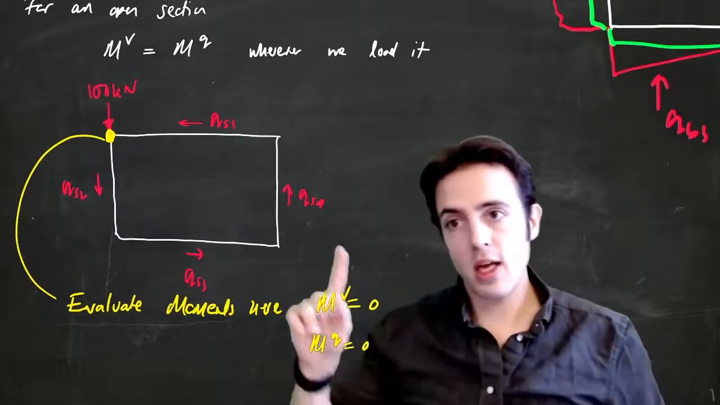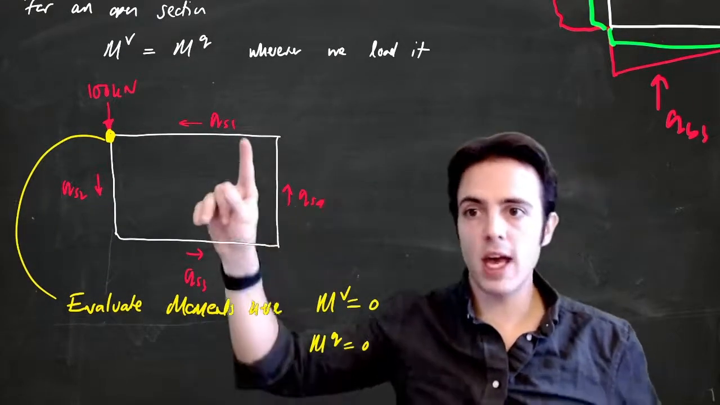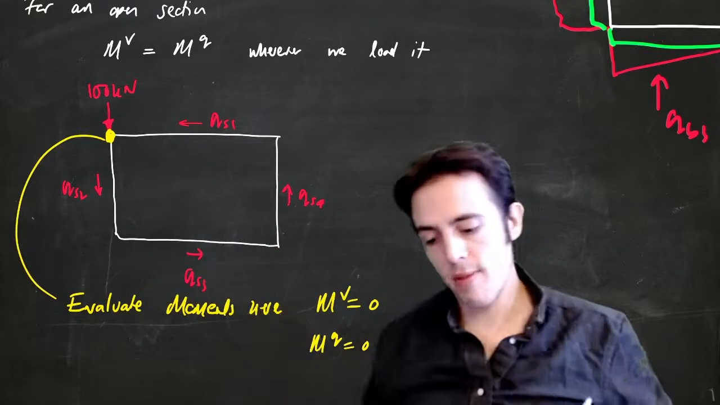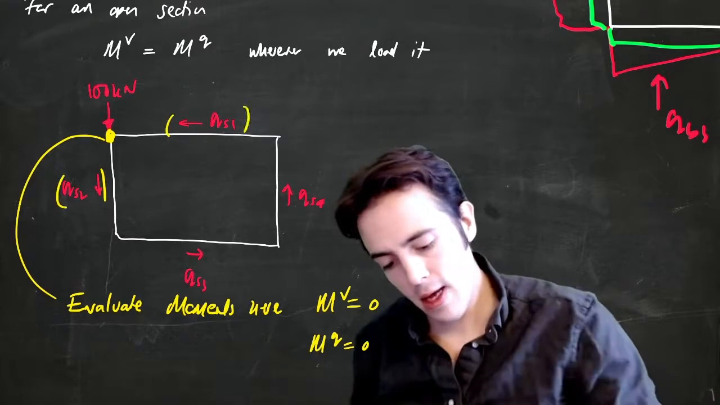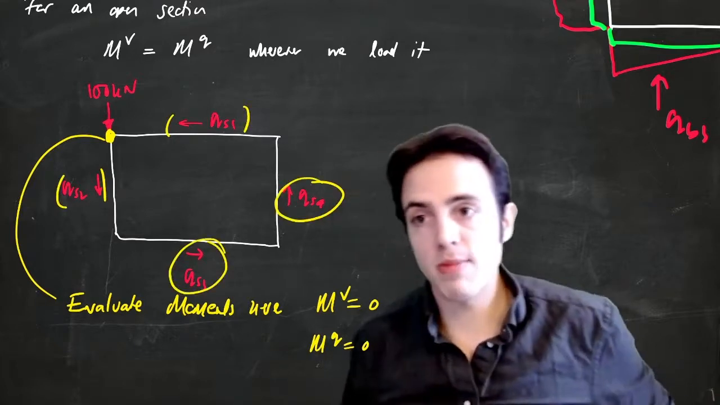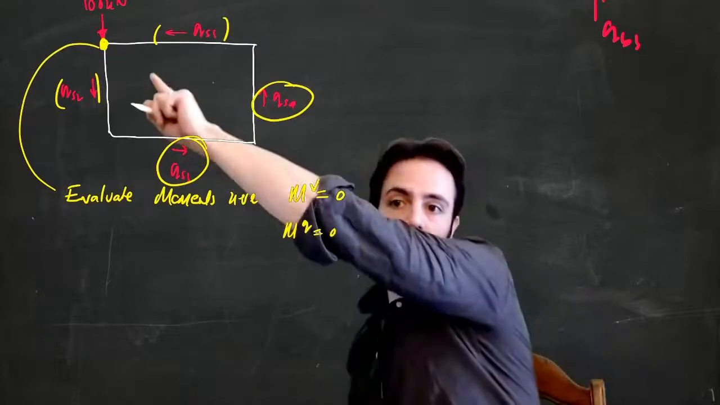Let's have a look. We can only get a moment from QS3 and QS4 here. These two cannot provide moments, so we can just neglect them for the moment. I'll put them in brackets. We need to look at the moments provided by these two here. So for loading at this point up here,